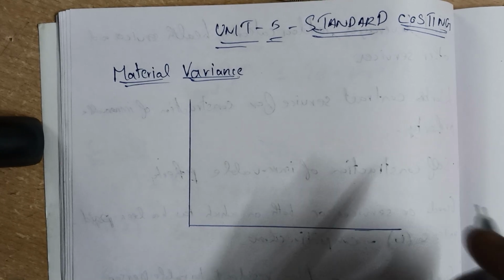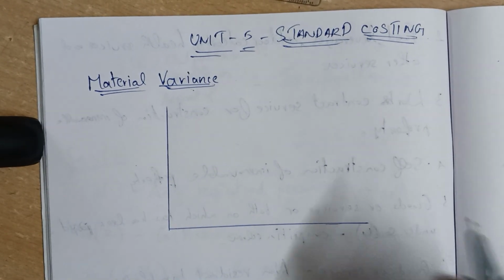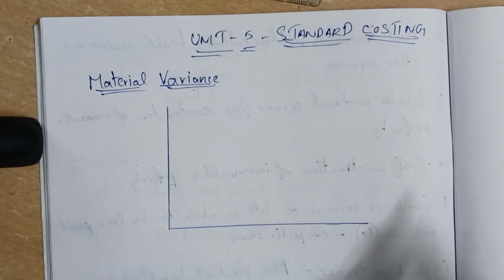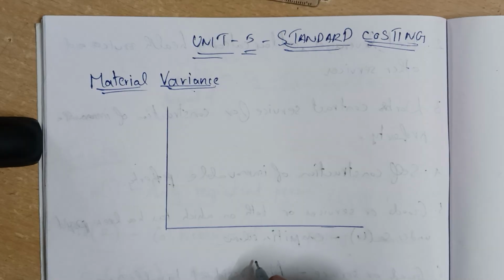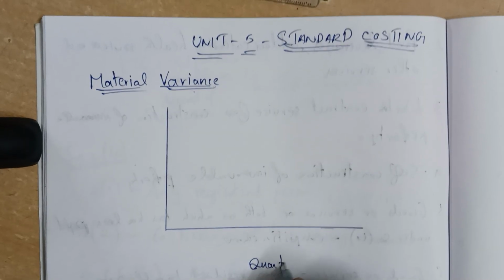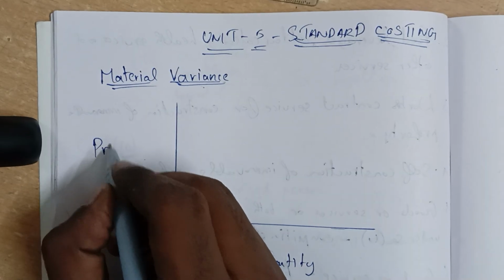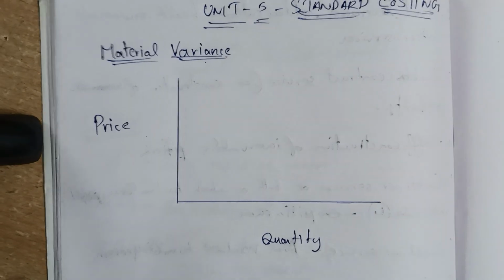So we will be seeing the standard costing material variance. The material variance is very easy if you understand the graph. So I'm going to go ahead and start from there. You see this side would be your quantity, and this side would be your price. That's the first thing. Now there will be four factors, you can say it: